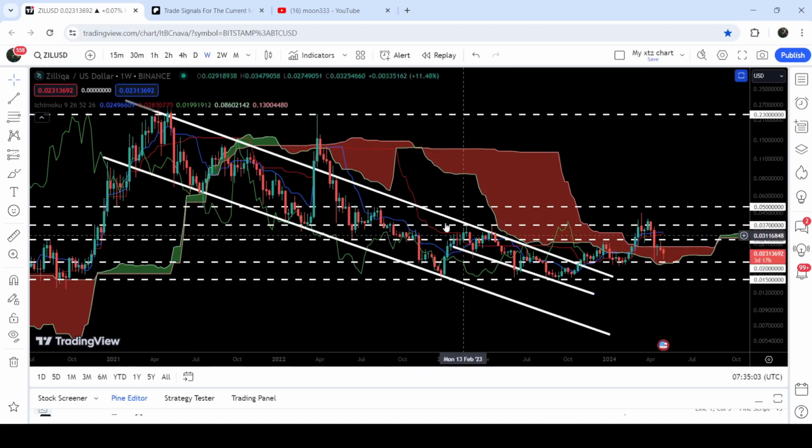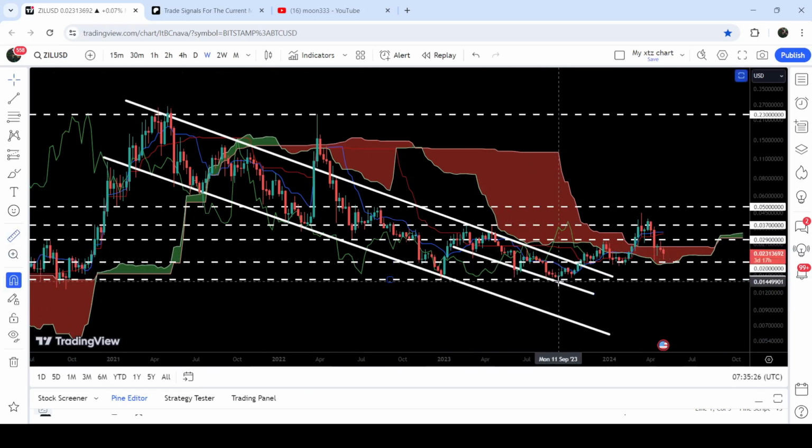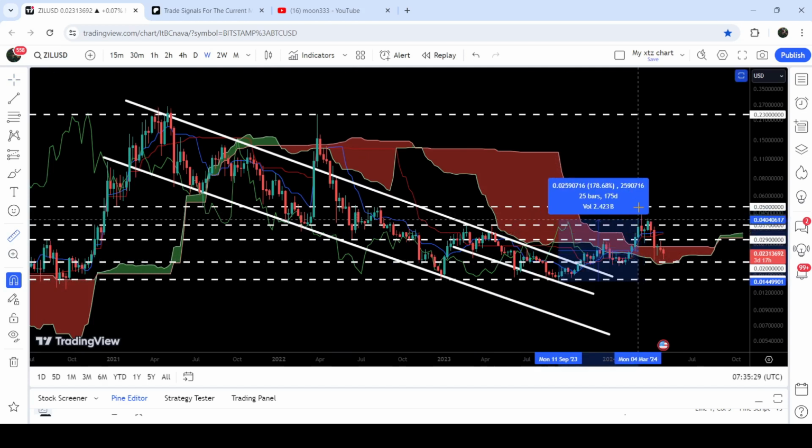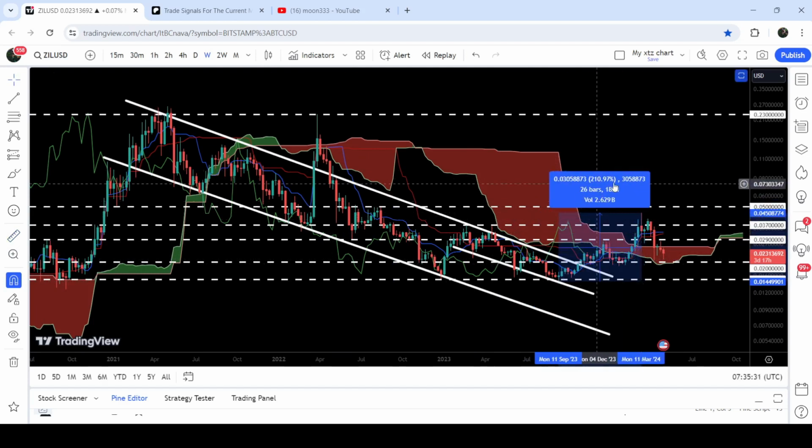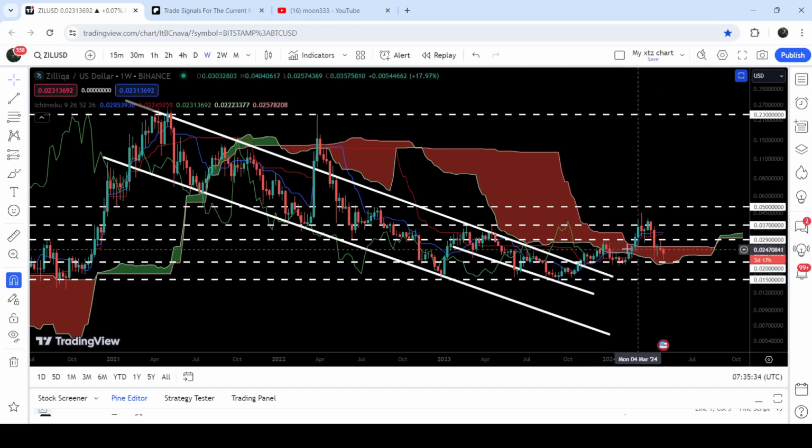this down channel, by the way, on this chart, it has broken out two down channels. One was the bigger one, and the next one was formed within this bigger down channel. And you can see that before the breakout, this smaller down channel was formed. And after testing this quite long-term support of 1.5 cents, the price then geared up and broke out the resistance of both channels together. And so far from this low to here, you can see that Zilliqa has rallied more than 210%. And during this rally, the price then has also broken out this very massive resistance of Ichimoku